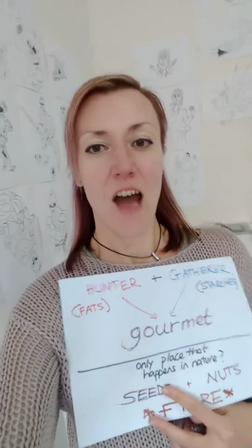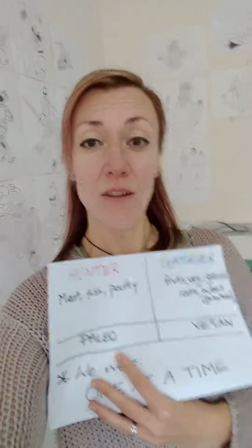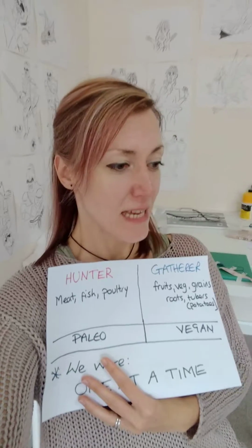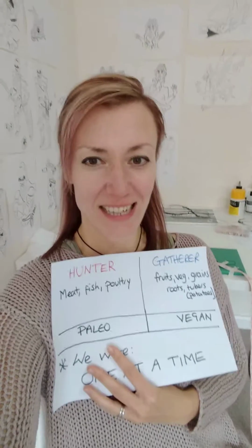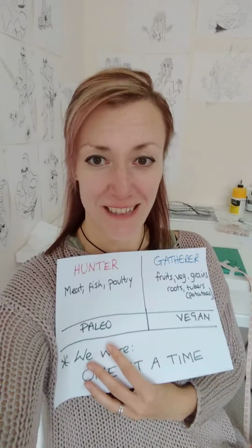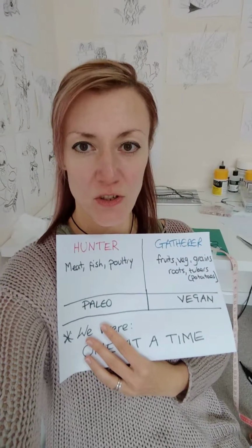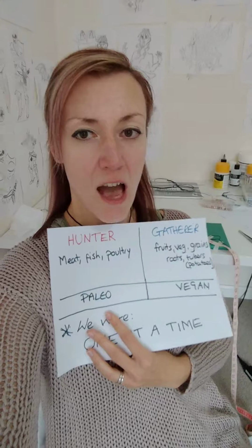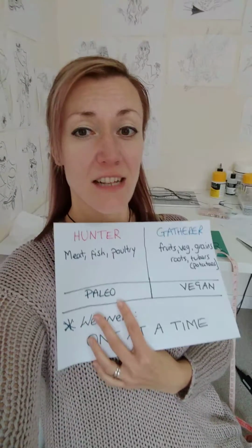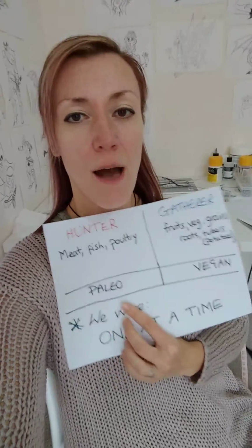And then we discussed our hunter-gatherer origins. There's been a lot of talk recently that perhaps it would be better for us to eat more like our ancestors, to be more hunter or more gatherer. We talked about hunter being a bit more paleo, as they tend to avoid a lot of the man-made starchy carbohydrates and the grains, for instance. They still eat a lot of plant, fruit and veg, but they're generally meat, fish, poultry, and generally low carb,